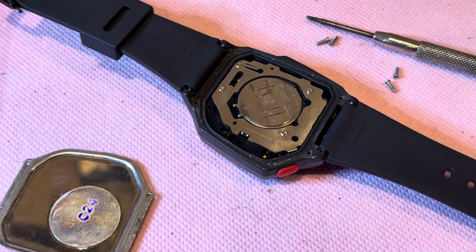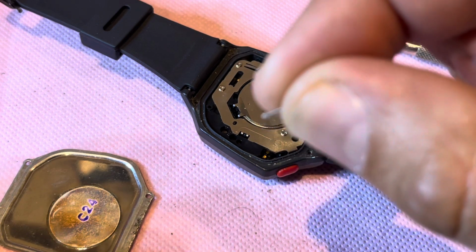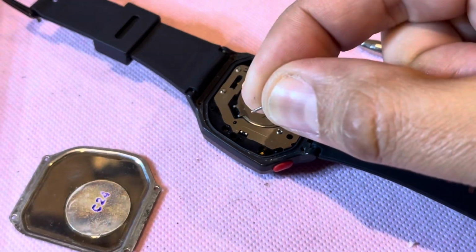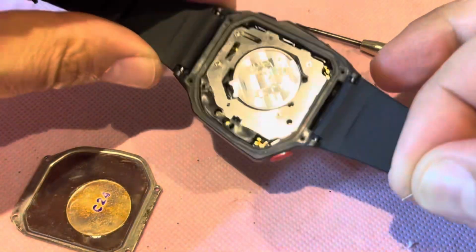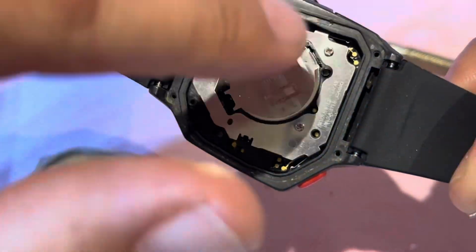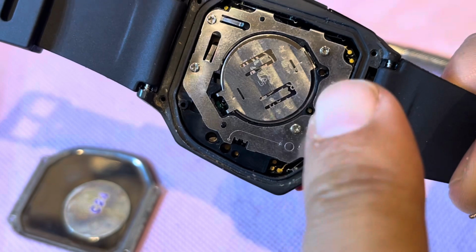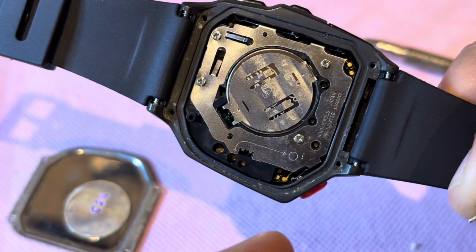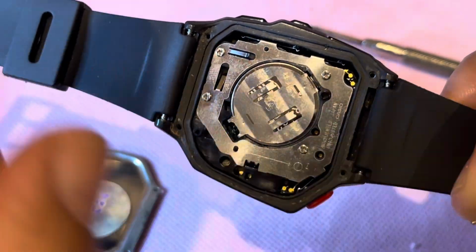So this here, if you can see that, is a piezo spring. And if you want to know where the piezo spring goes, you're going to see lots of holes in here. You've got one here, one here, one here. But you're going to say, which one does it go in? And it's normally the one